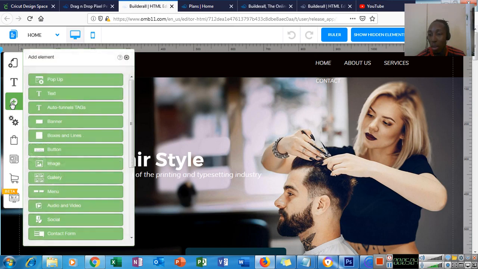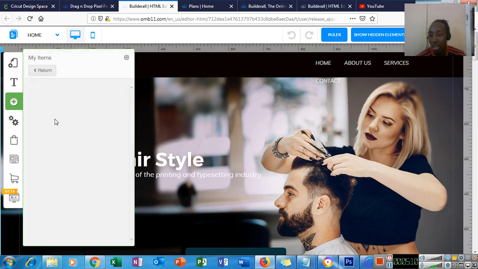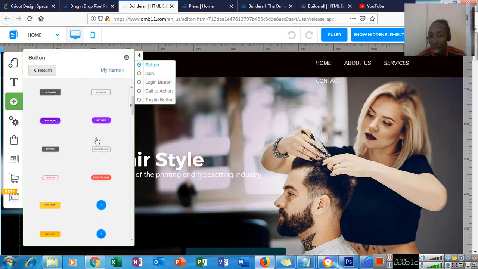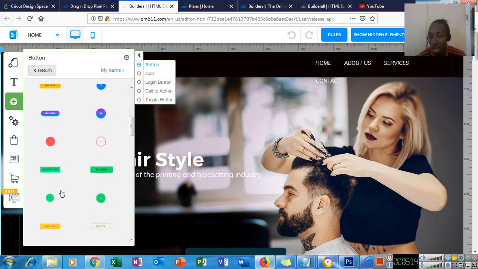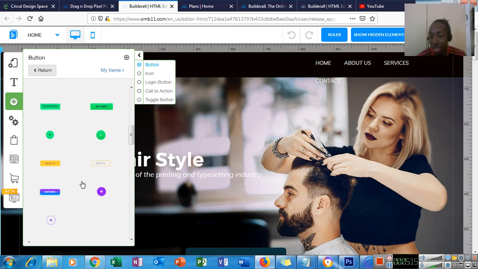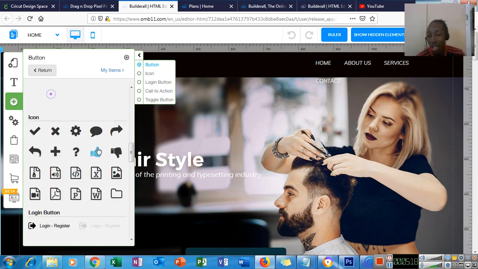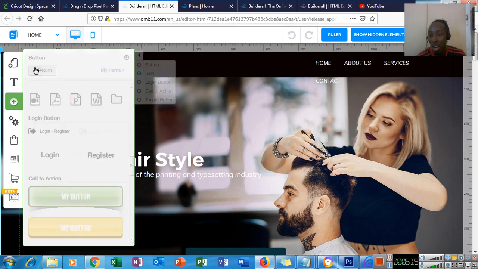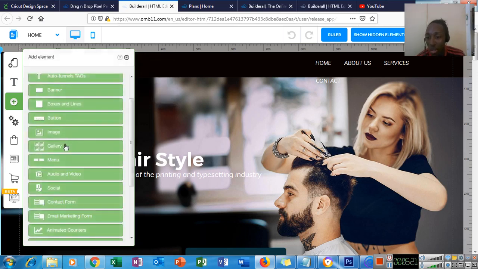If you click the little plus, you can add a text box, you can add banners, you can add buttons. So basically, if you want a buy now button or a register button, you can also customize these buttons as well. Alright, so you can add thumbs up, everything. Alright, so let's go. There's a gallery, so if you want to show previous work that you did, you can